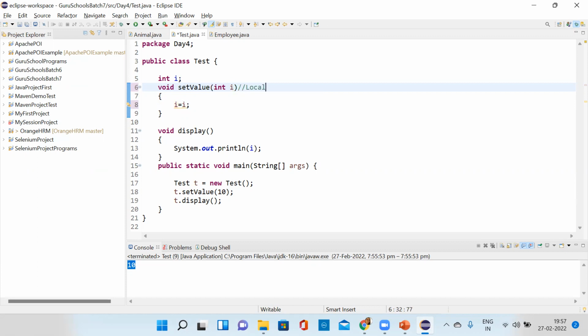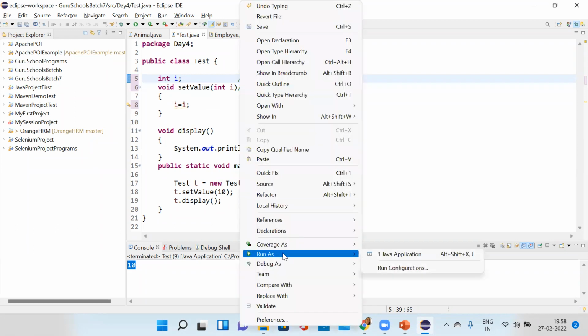Local variable has the value 10. But how will it go to the instance variable? That is the problem, correct? In big programs, it is very difficult to give many variable names. Suppose this is employee ID. You don't want to change that name in your local variable. You want it to be the same name. So if you run this program,